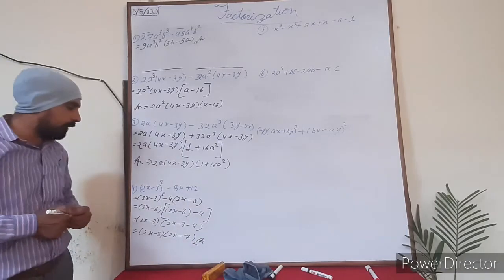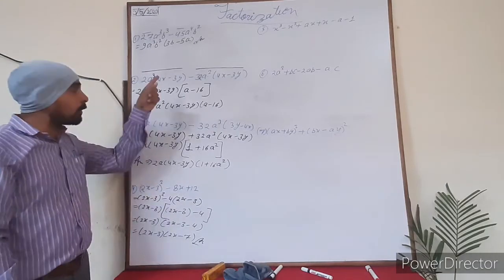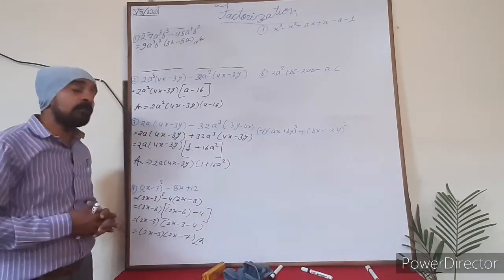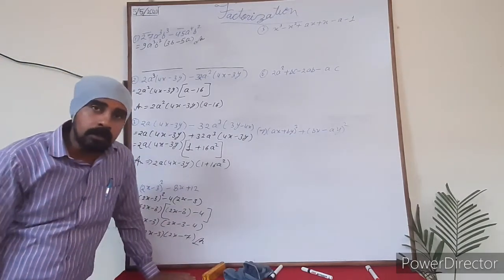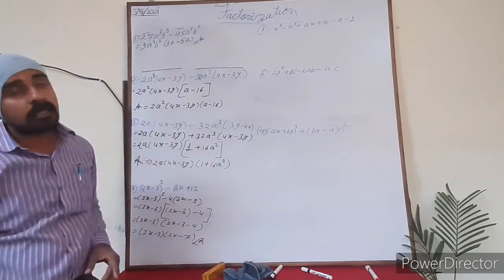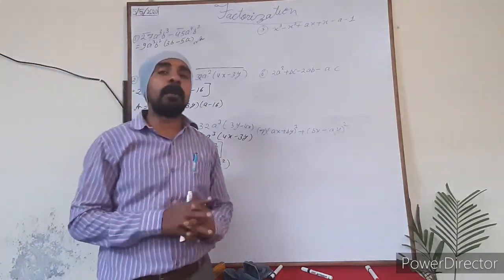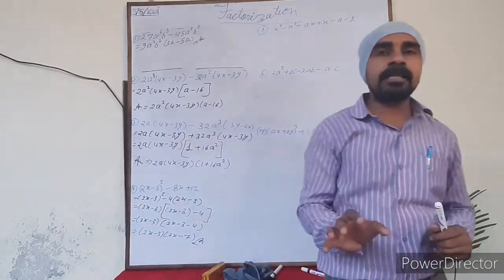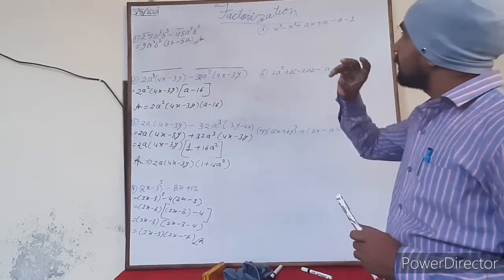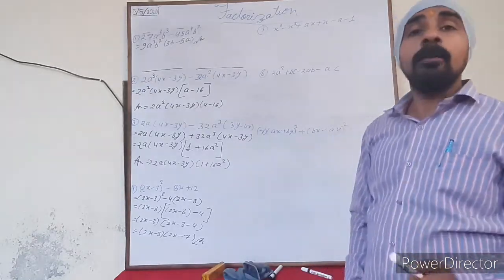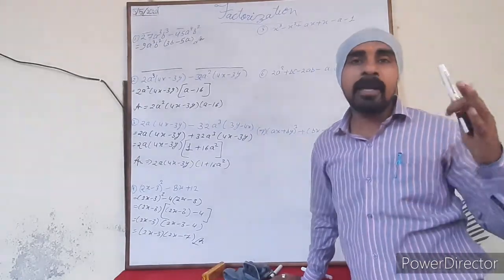I hope that you have understood this concept also. Try to search for the questions written in your textbook related to this concept and solve as many questions as you can. The more questions you solve, the more perfect you will become regarding this concept. And if you don't solve and only see the video, it is not going to be beneficial for you. So you must practice at least 2 questions for each category and you are going to get perfection in this factorization. Without practice, no one is going to be perfect just because it has been taught now. Practice makes a man perfect.